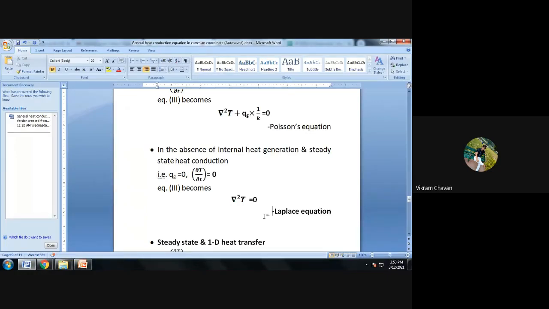In the absence of internal heat generation and steady state heat conduction, that is, q suffix g is equal to 0, and ∂T/∂t is equal to 0, then equation 3 becomes